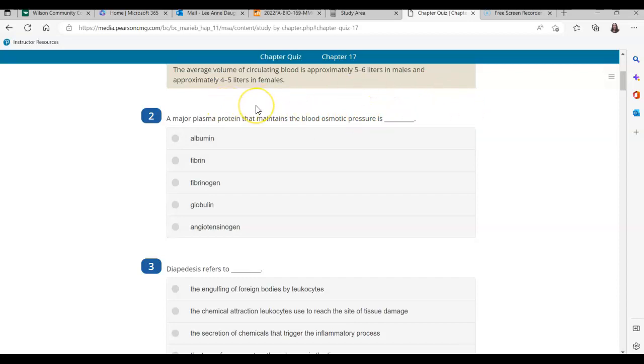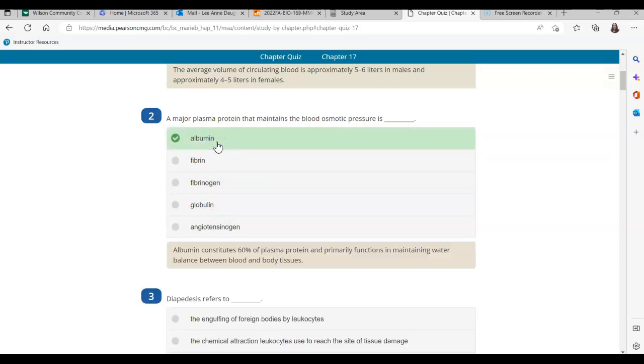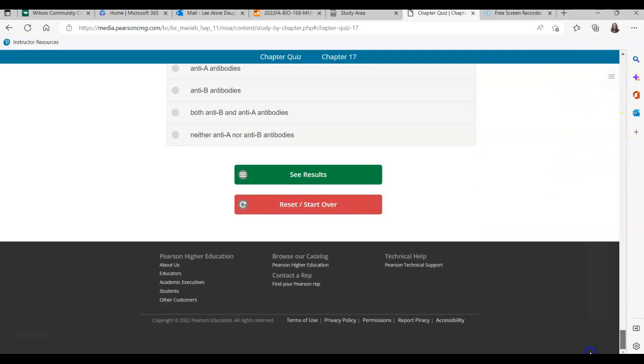And there are 3 plasma proteins. There's albumin, there's fibrinogen, and there's globulin. So the answer is albumin. And then it tells you that albumin constitutes 60% of plasma protein and primarily functions in maintaining water balance between blood and body tissues. So you're going to scroll down, and then when you are finished, it says you can